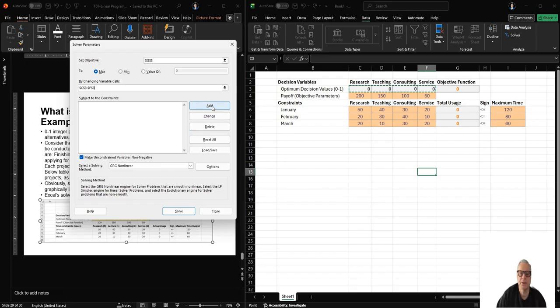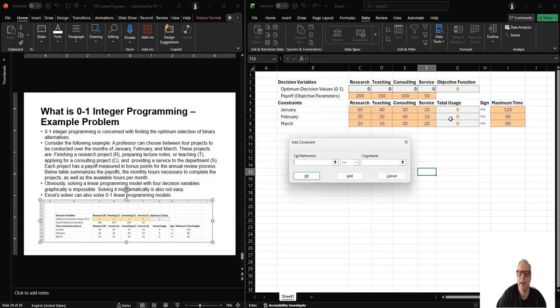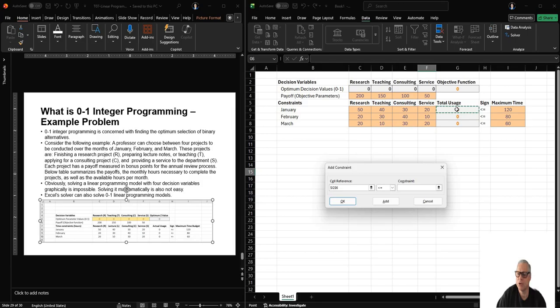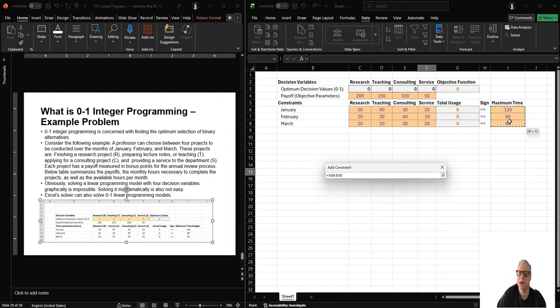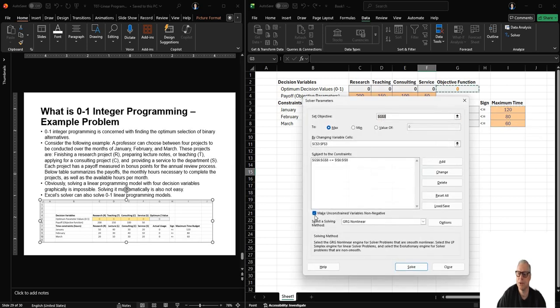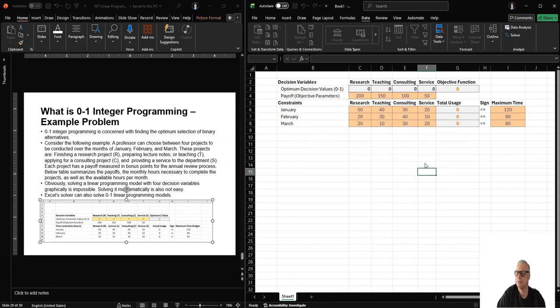My constraints, add, and I use here the shortcut that I click into the first cell, and because they all have the same sign, less than or equal, I can just drag them down. And that constraint needs to be less than what I have in column I, 6 to I8. And I just say OK. Then I want to make the unconstrained variables non-negative, and I select again simplex LP. Well, so now if I click, for example, on solve, I get